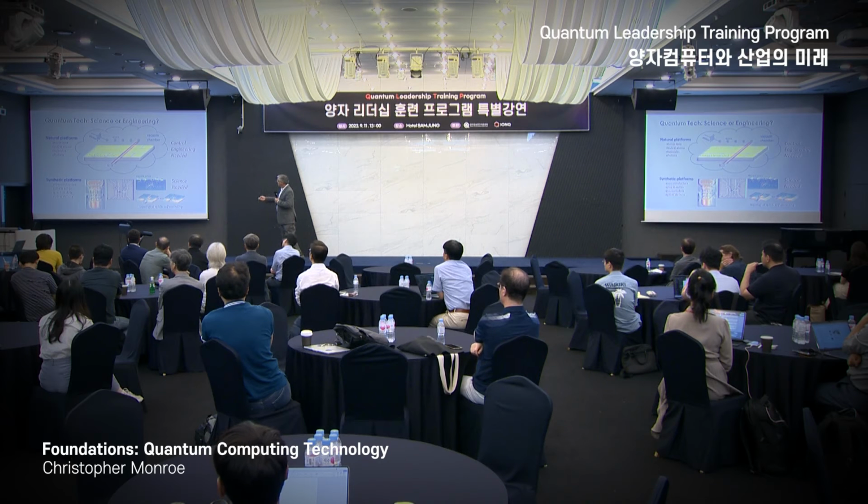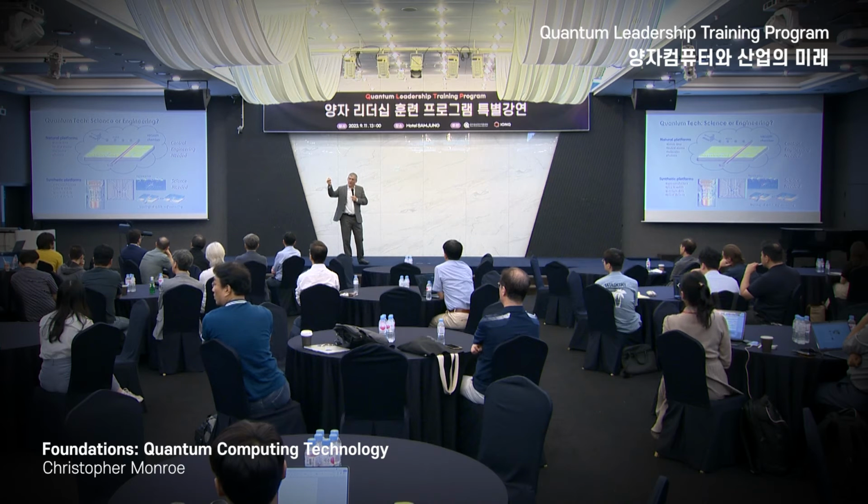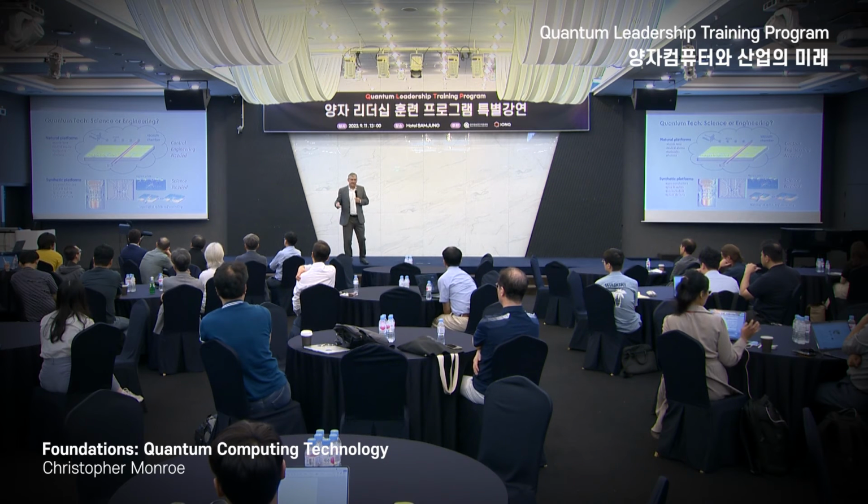The natural platforms, I don't think they need as much science. They need a lot of engineering. We need to control these systems. How do you control a single atom isolated from the world? Well, that's largely an engineering problem. It's a control problem. The quantum system is already done. It's an atom. We don't have to assemble the quantum system.